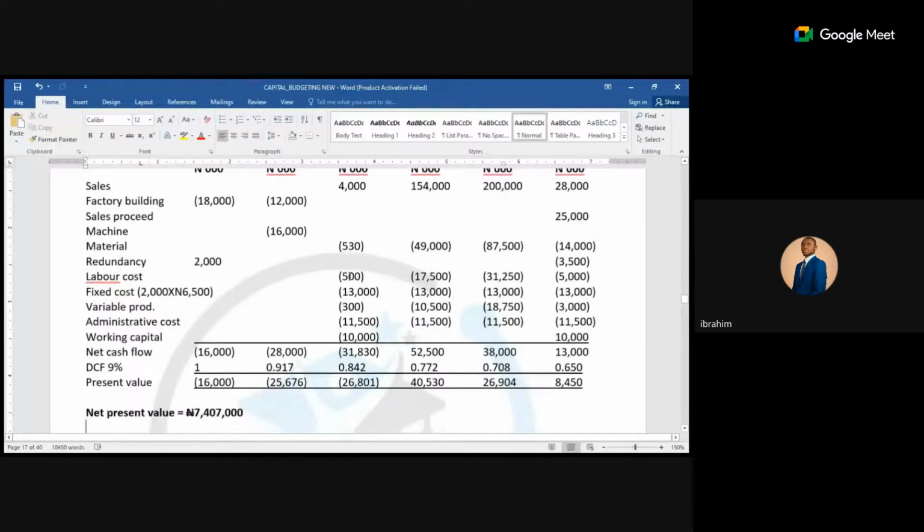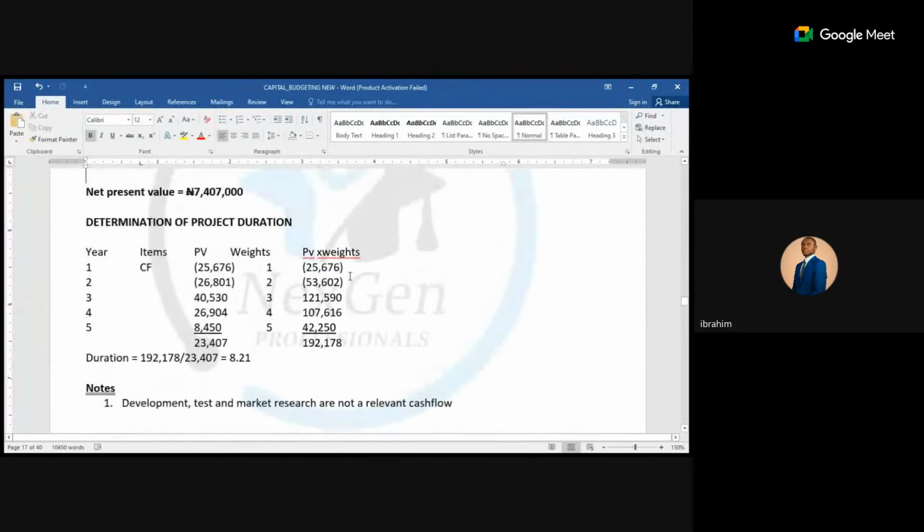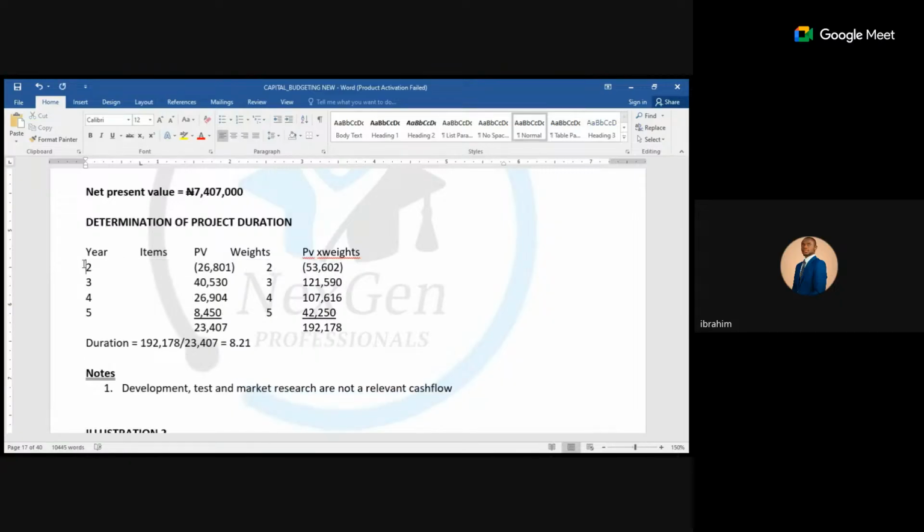At year 0 or year 1, you should not be expecting anything from your investment. It means that you will be expecting something from year 2. Now, I didn't mean the question did not start from year 2. We would have started from year 1, year 2, year 3, year 4, year 5. Class, how do we determine the duration of a bond? Now, let's change it again. What do you have here? Remove that figure. Let's start from year 2.